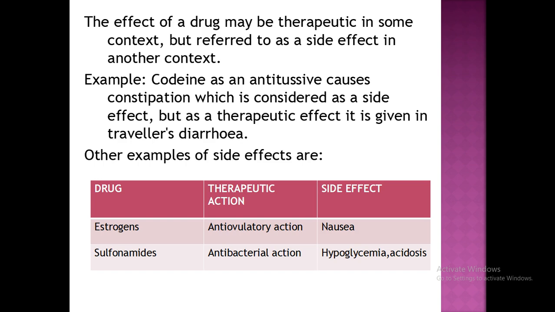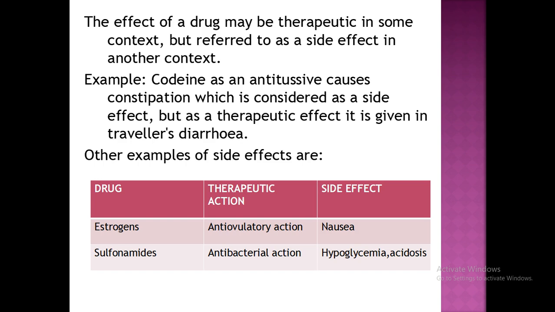Let's see the examples. Codeine as an antitussive. Codeine is actually used as a cough suppressant, that is antitussive. It causes constipation as a side effect, but as a therapeutic effect it is given in traveler's diarrhea. Since it causes constipation as a side effect, we can actually prescribe the drug codeine for traveler's diarrhea as a